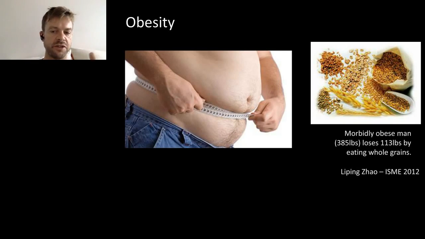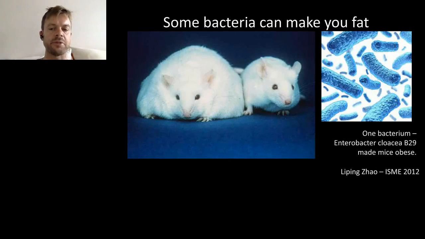He lost 113 pounds by eating a traditional Chinese whole grain diet over about a 9-month period. Over that period, he lost a lot of weight, obviously, but he also lost a bacterium, Enterobacter B29. When he cultured that bacterium and added it back to mice, the mice put on a significant amount of weight. So in this instance, we have a single species which can induce a phenotype